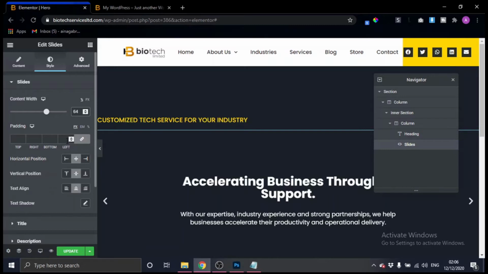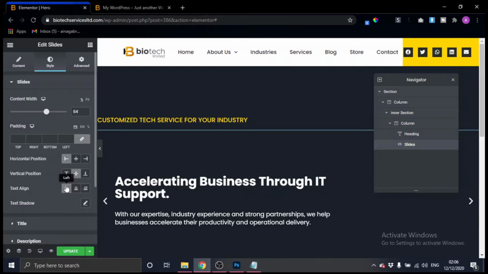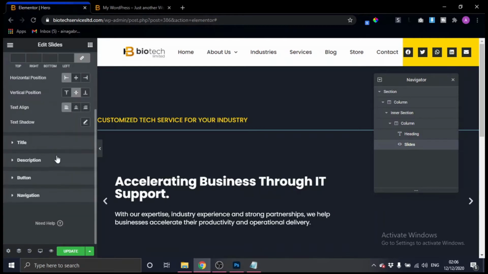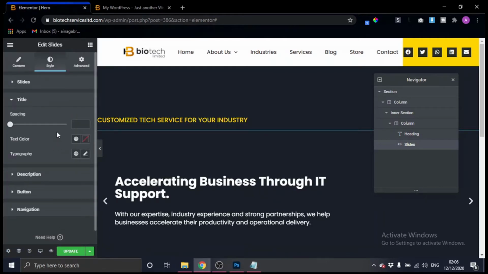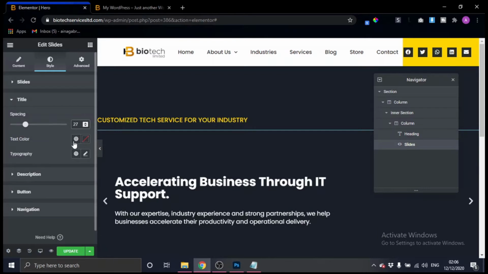Okay, let's make the horizontal left, and then let's align the text as well to the left. All right, so in the title box right here, let's give it a 27 spacing. Okay, that's pretty much good.